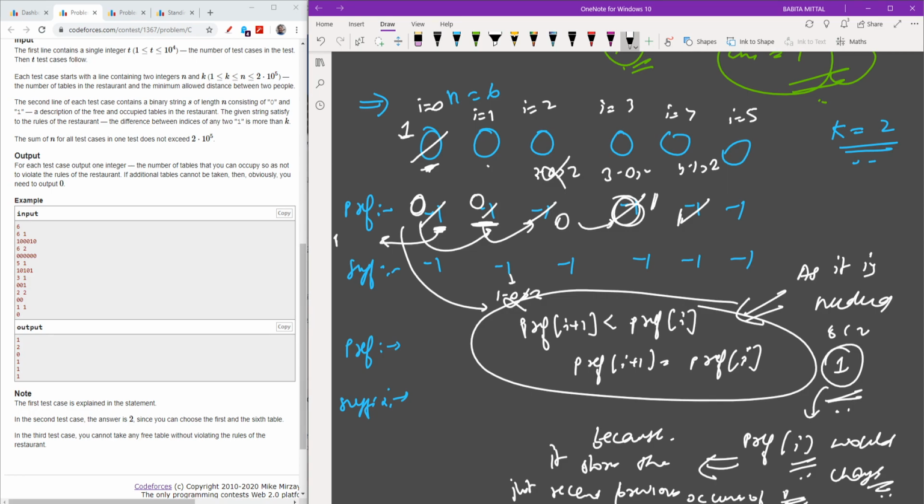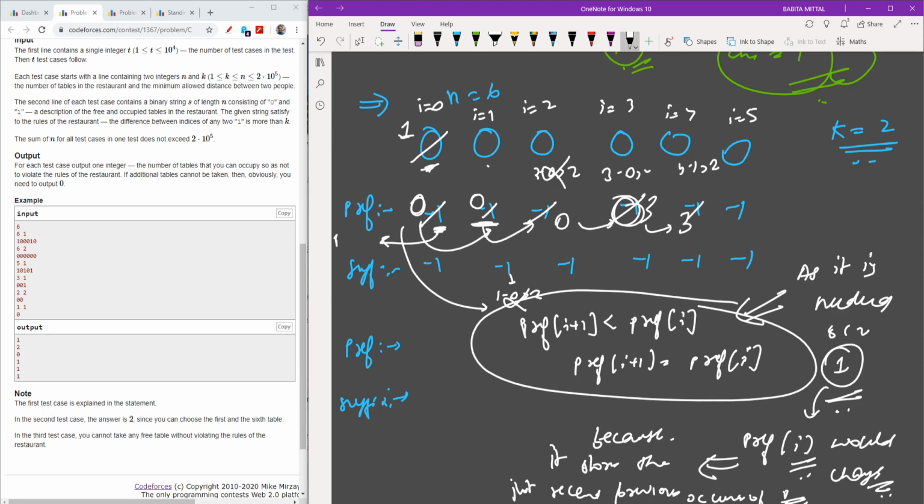4 minus, sorry, its index is 3. So update it as 3. So it is also updated as 3. Let me write clearly. So it is updated as its index value, which is 3. So when I move on, I will update its index prefix as 3.